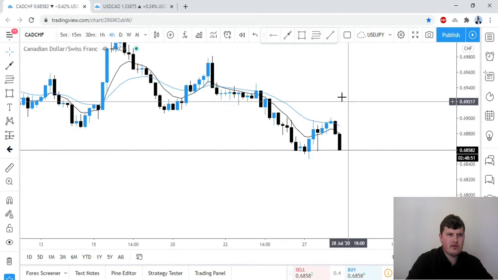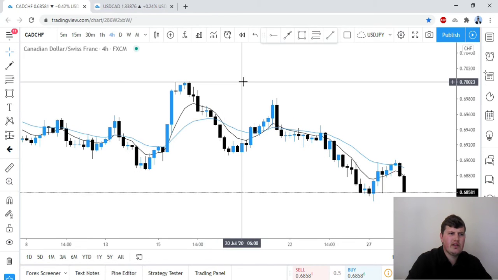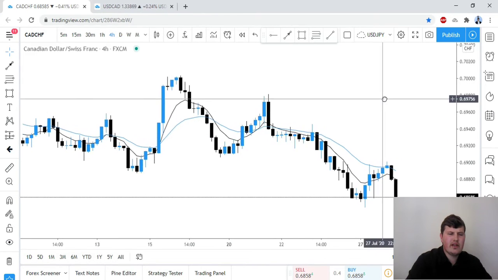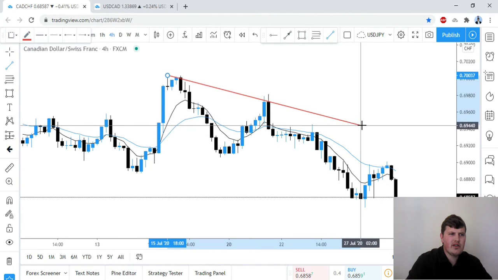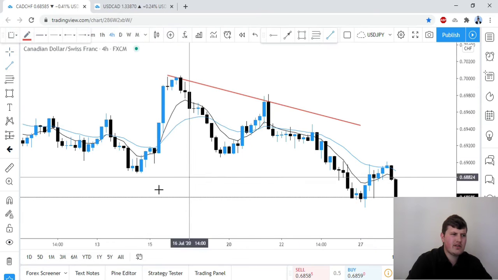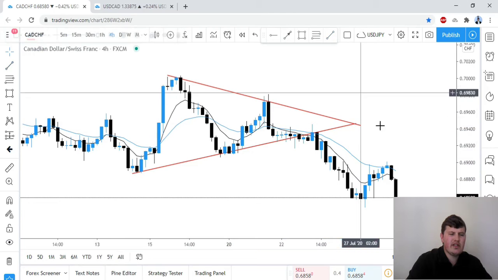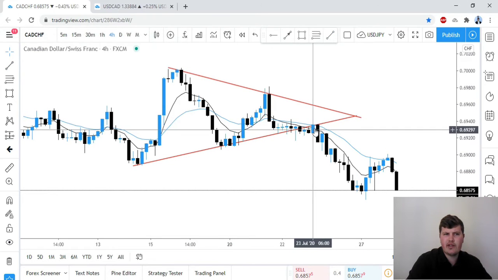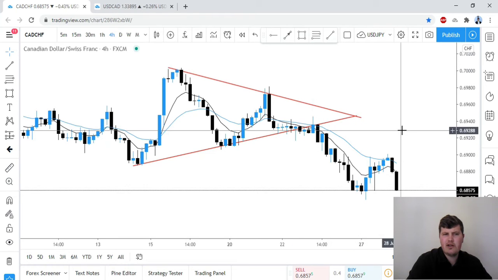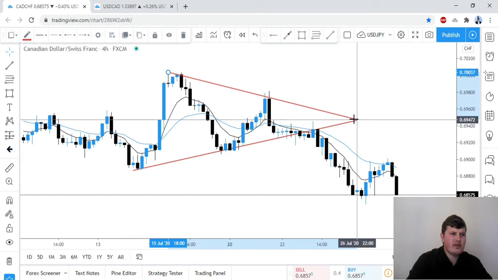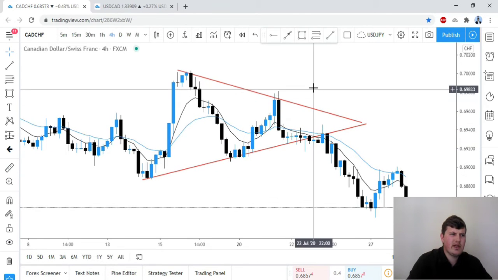So let's look at the specific chart, and let's just draw a quick chart pattern over here that you can use in conjunction with your Fibonacci levels. This is a triangle chart pattern over here. As you can see, it broke out of the bottom, retested the bottom trend line, and it continued lower. So using your Fibonacci levels in conjunction with this specific triangle pattern,